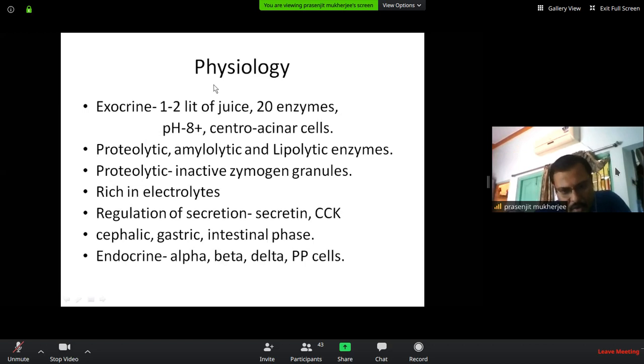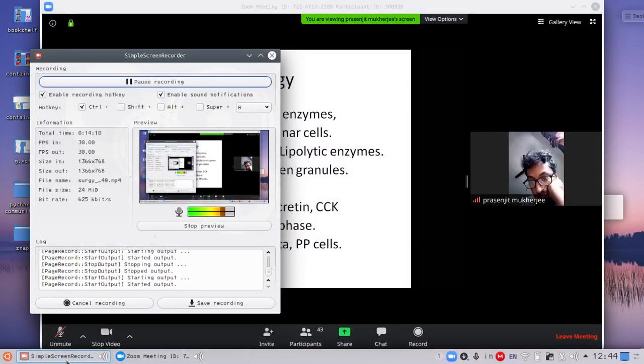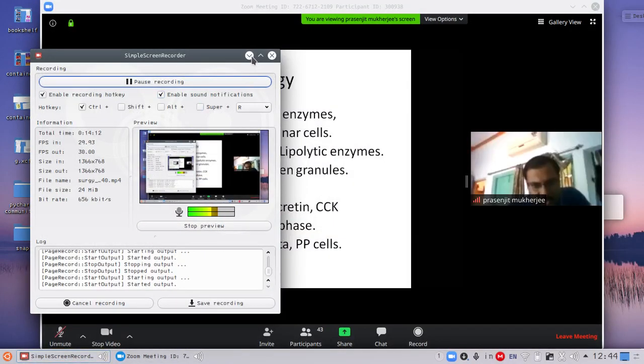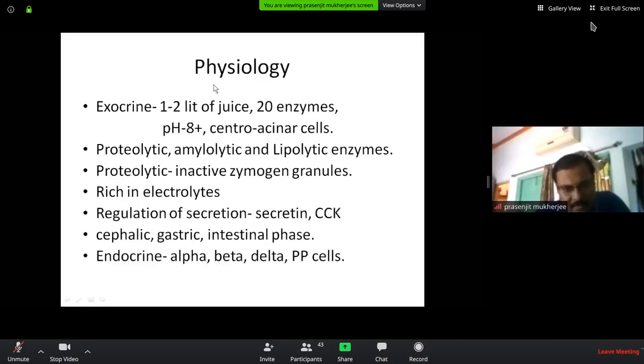When a good amount of pancreatic juice is secreted and the food is digested, and the food is mixed with the bicarbonates and pancreatic enzymes, then delta cells function and release somatostatin. And as a result of the release of somatostatin, what happens? These secretions are regulated. Secretion of enzyme and secretion of bicarbonate is regulated.